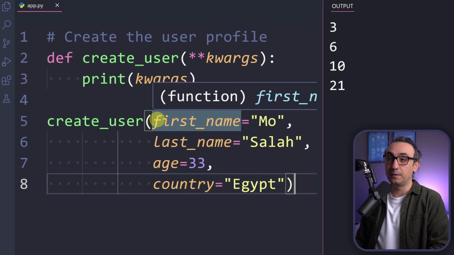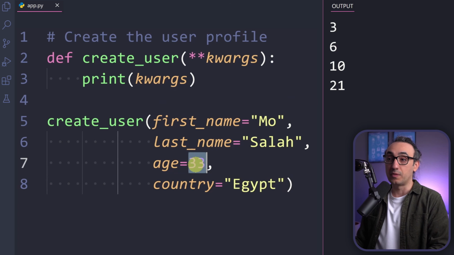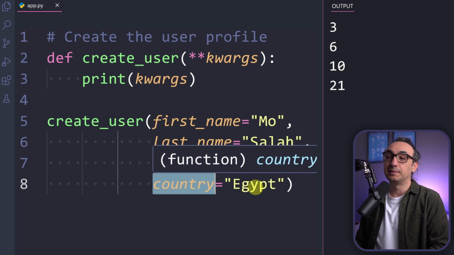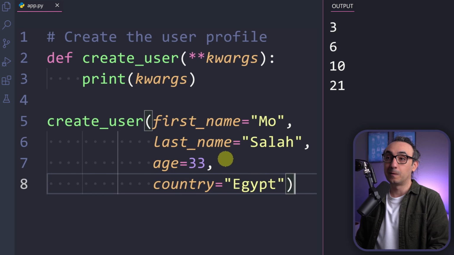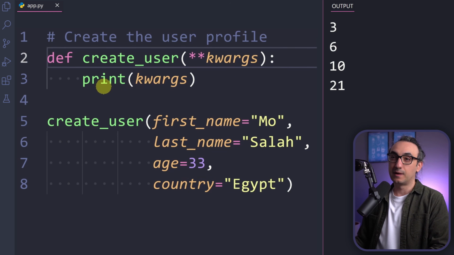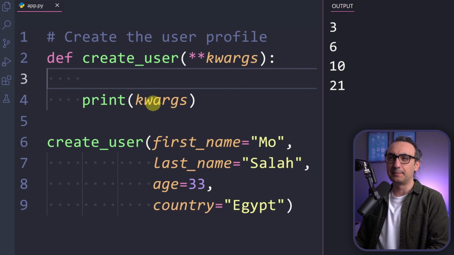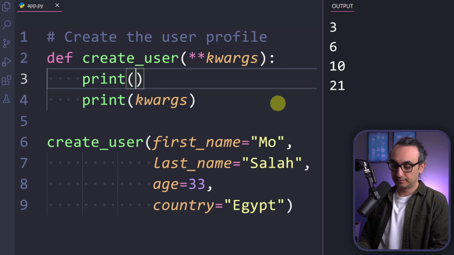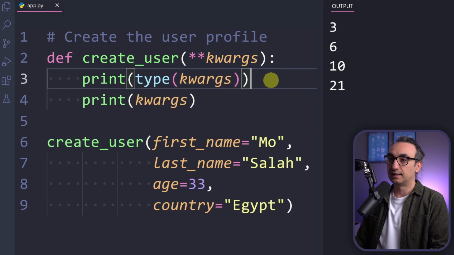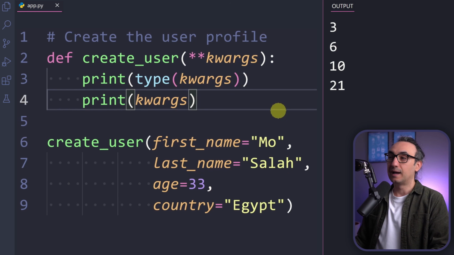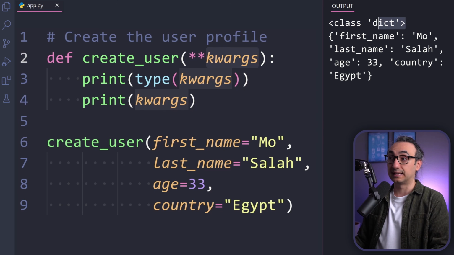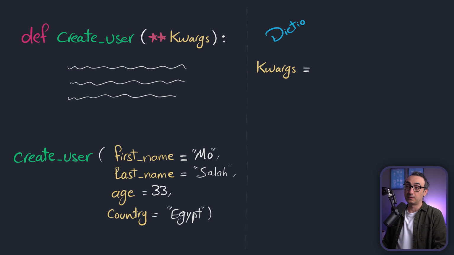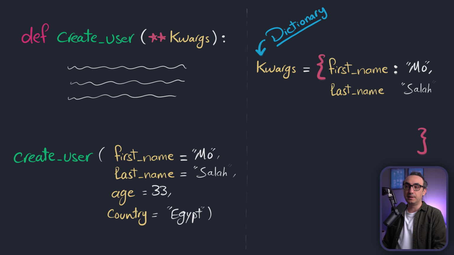As you can see, we have different things. We have names, we have age with a number, we have the country. And what's going to happen now, we're going to send the whole thing to our function. But before we execute it, I would like to see the data type of the kwargs. Is it a tuple? I don't think so. So let's print the type of kwargs. Now let's execute the whole thing. Now look at this. The data type of the kwargs is not a tuple, it is a dictionary. And this of course makes sense because we are using keyword arguments, and these are key value pairs, right? And it is the only data type that can hold this information.